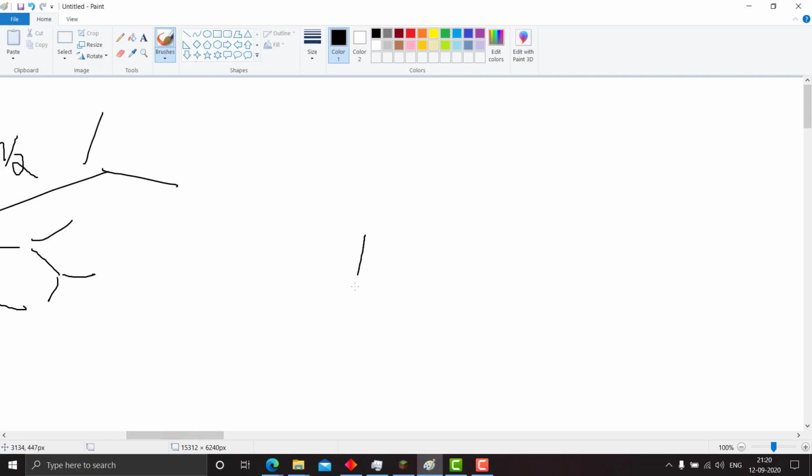But let us take the case when there are two centroids. There is another property that if there are two centroids of a tree, then the two centroids are always connected. I can prove all these properties for you, but it would be a little time consuming, so I'm skipping that.